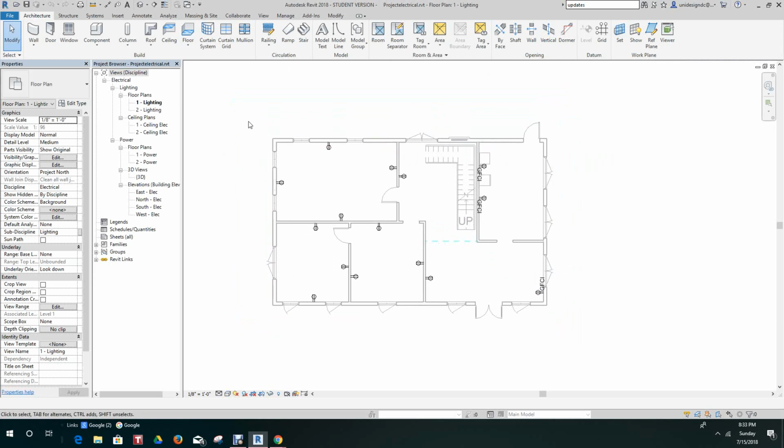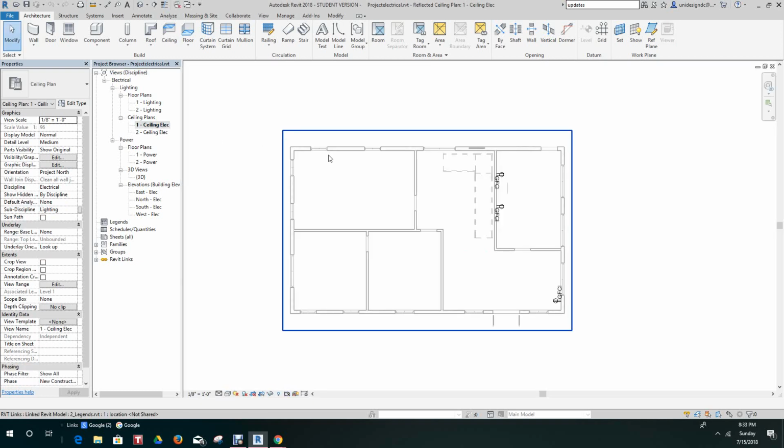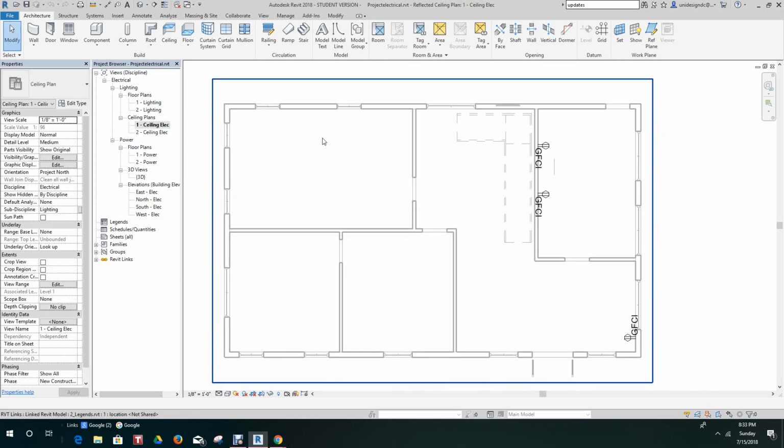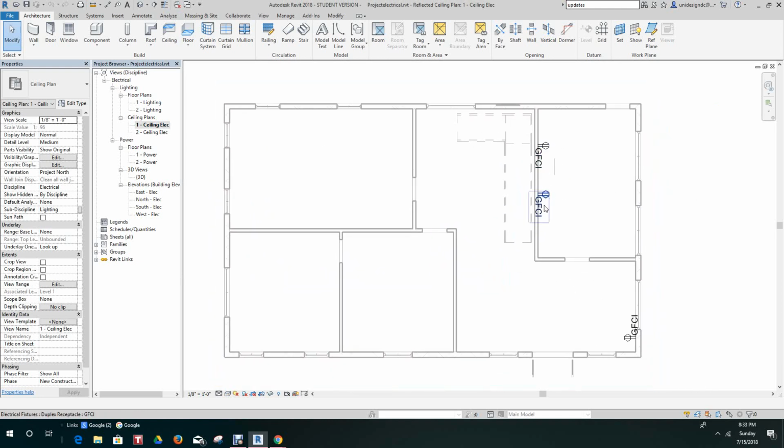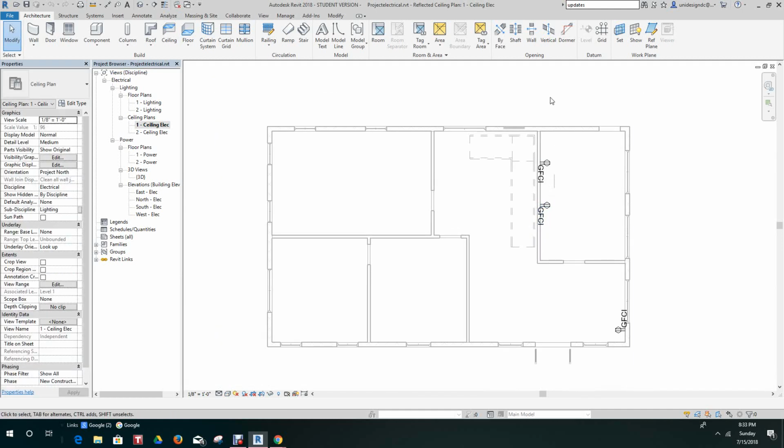Then we want to go to our ceiling plans, and we're going to look at the first level. Now, once we're in here, you'll see some elements of GFCIs because they're above, but that's okay.